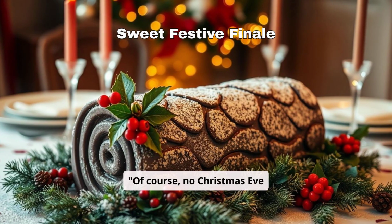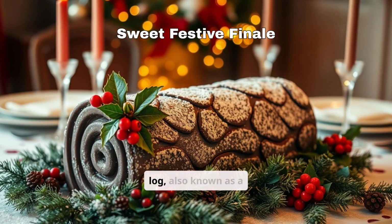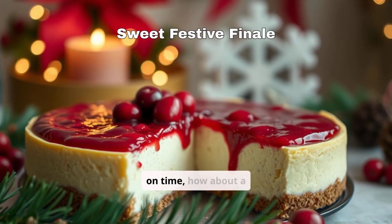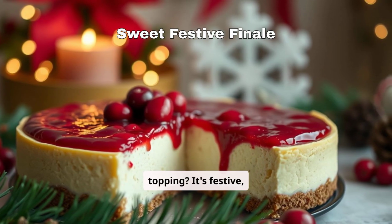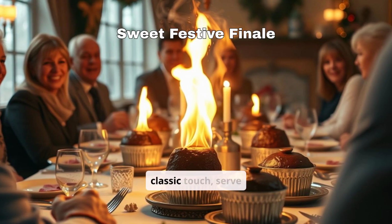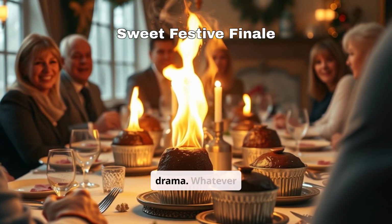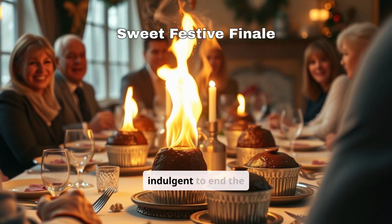Of course, no Christmas Eve dinner is complete without a dessert that wows. A rich chocolate Yule log, also known as a bûche de Noël, is a showstopper that tastes just as amazing as it looks. If you're short on time, how about a no-bake cheesecake with a cranberry compote topping? It's festive, refreshing, and incredibly easy to prepare ahead of time. Or, for a classic touch, serve up individual Christmas puddings, doused in brandy sauce and flamed at the table for a bit of drama. Whatever dessert you choose, make sure it's something sweet and indulgent to end the night on